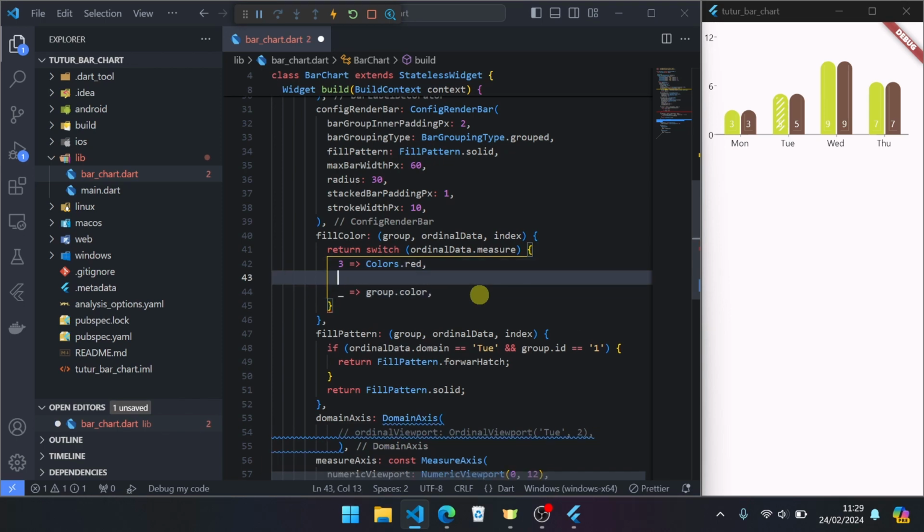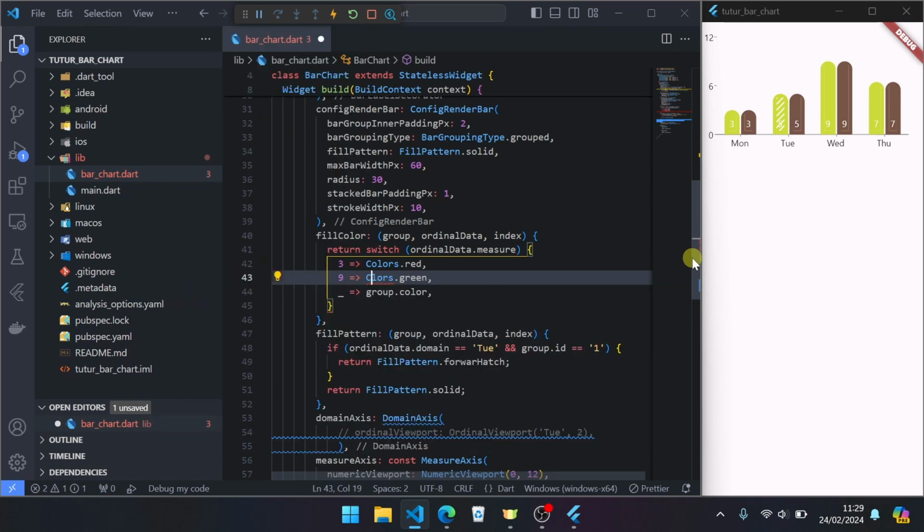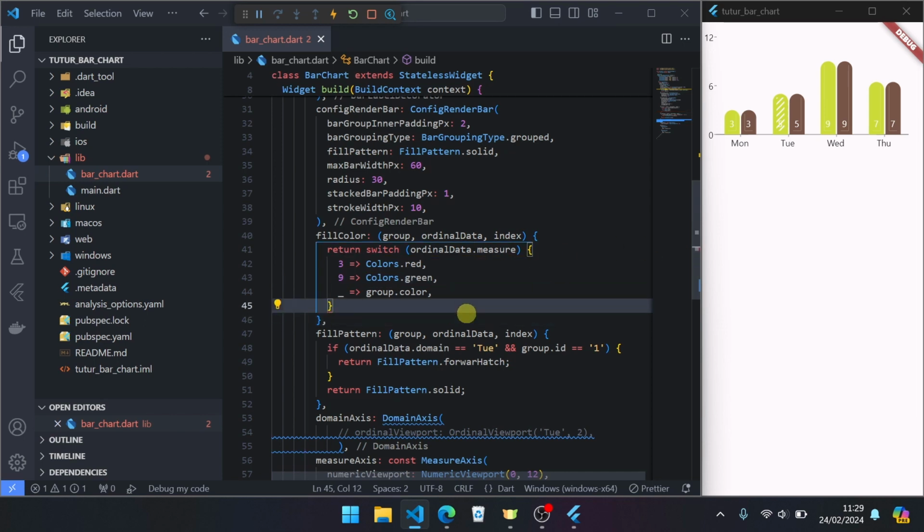Then if value is 9, we set to colors green, comma, save. Here, semicolon, save. Okay, like this.